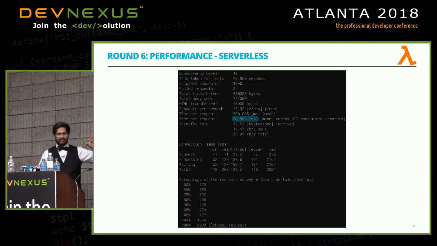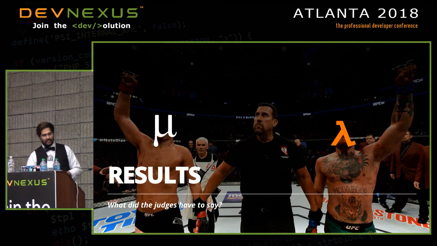However, the average time for one of these requests was 20 milliseconds, so we weren't even paying for it. So all things considered, we are spending a significantly lesser amount of time actually running the code, and spending less paying for it as well. And with that, we come to the conclusion.